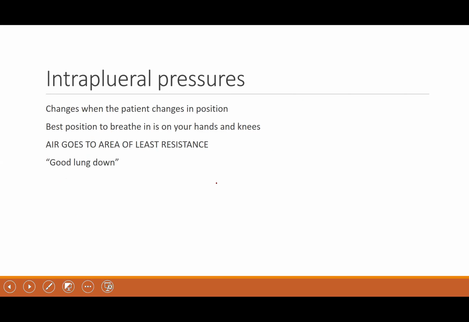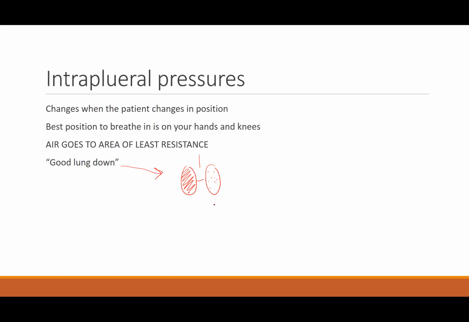All right, so we've talked a lot about this. One thing I do want to mention is, even if you are in an organization that does not prone, I wanted to talk a little bit about the theory of good lung down. Okay, so good lung down. Oftentimes when people get acute respiratory diseases, they may have one lung that looks really, really bad and one lung that only looks a little bit bad with opacities. And so just like